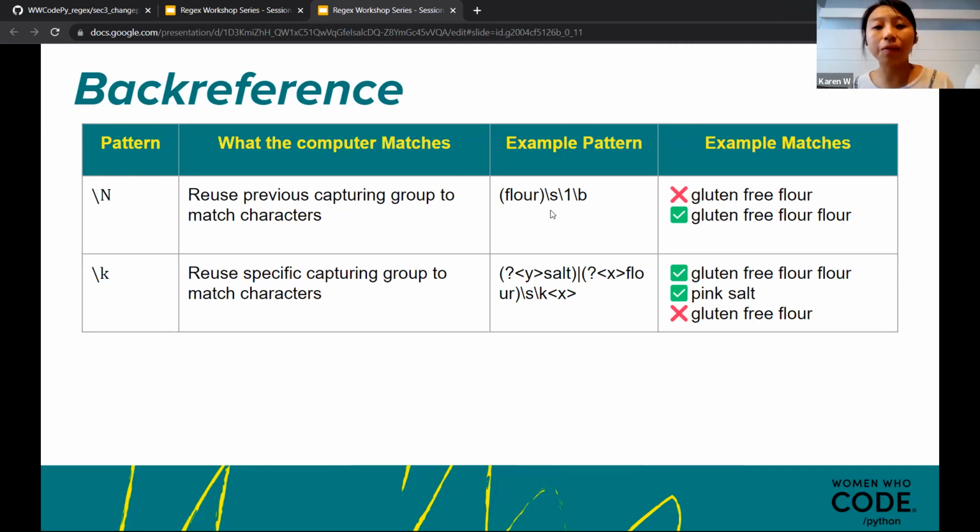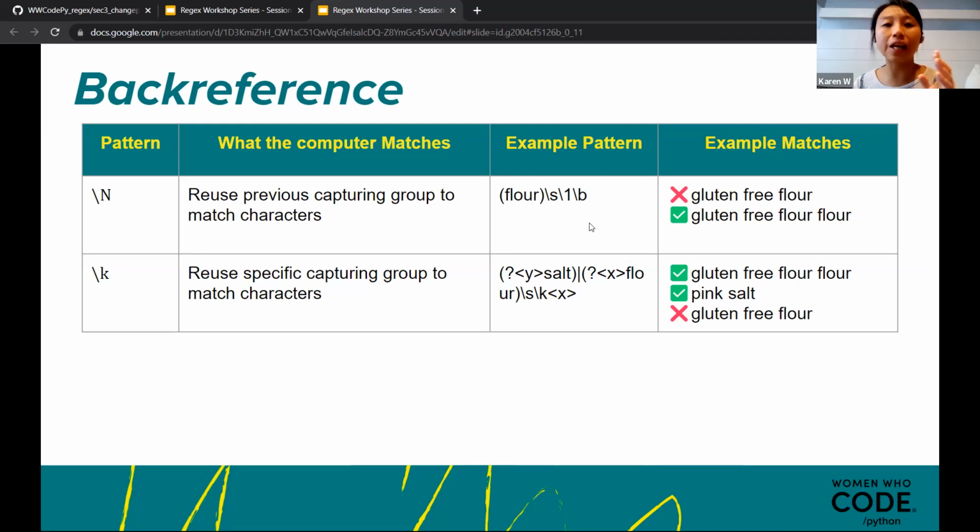So you put the flour first, as a capturing group, with a literal space. And then I'm lazy, I'm not going to type it again, so I'm going to use \1 to recapture the flour again. Why one?